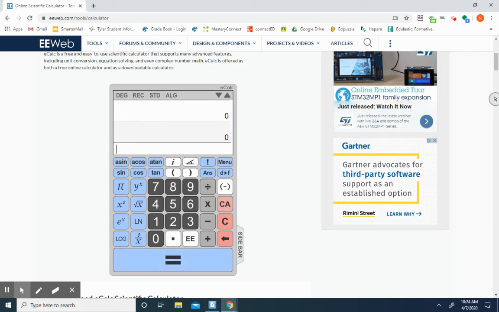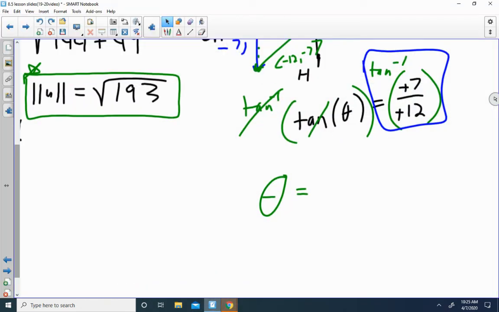All right, clear. Tangent inverse or arctangent of 7 divided by 12. Enter. And that is our current angle, 30.2564 degrees. The fifth part is a 3. That means we don't round up. So let's go ahead and write that down. That we got 30.2564